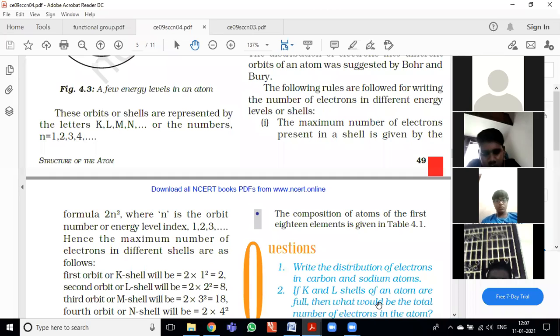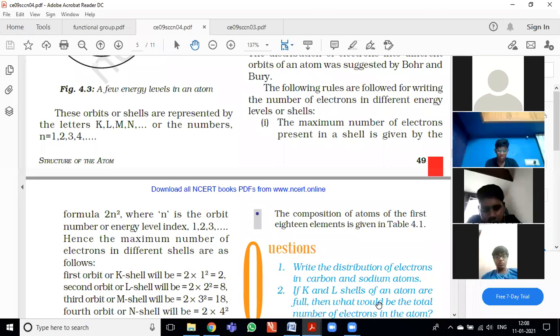So what is the universal law of gravitation? Every object in the universe attracts every other object with a force proportional to the product of their masses and inversely proportional to the square of the distance between them, along the line joining the centers of the two objects. Also read Newton's first law, second law, and third law of motion, and their examples. Very important. All the example questions you have to read there.